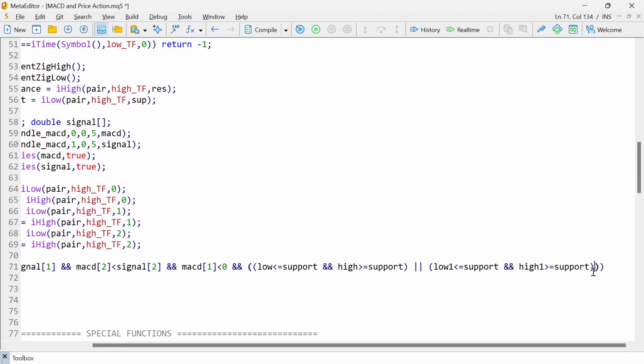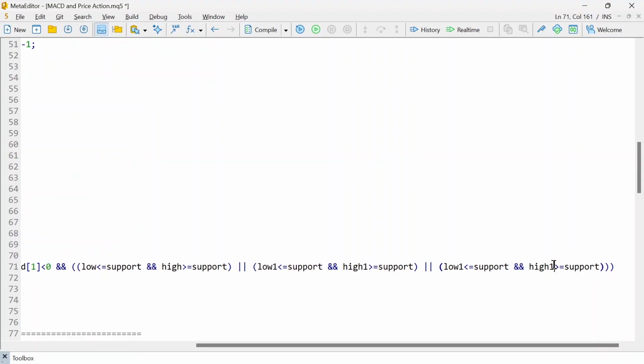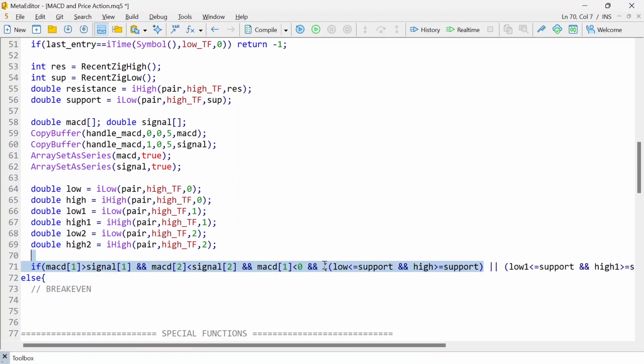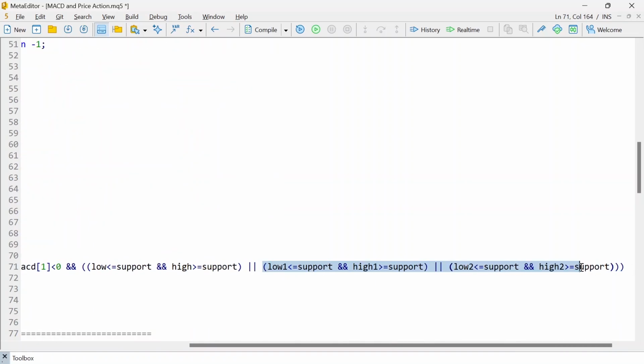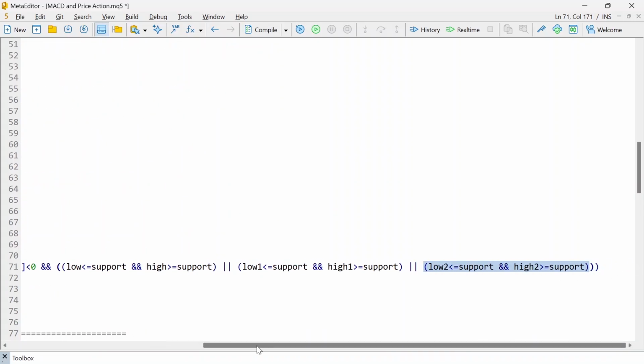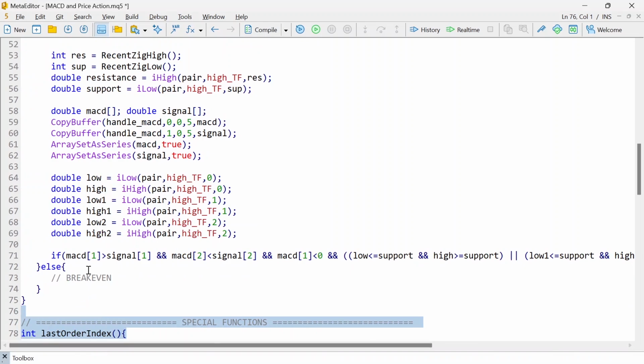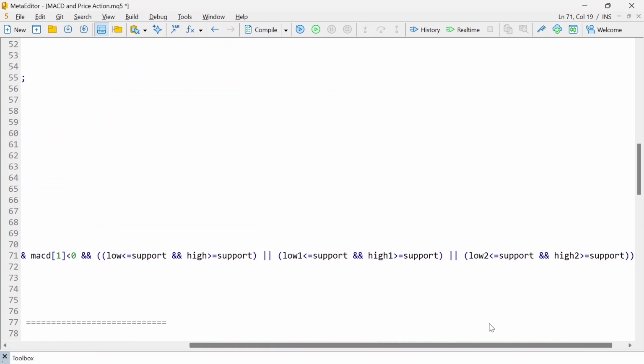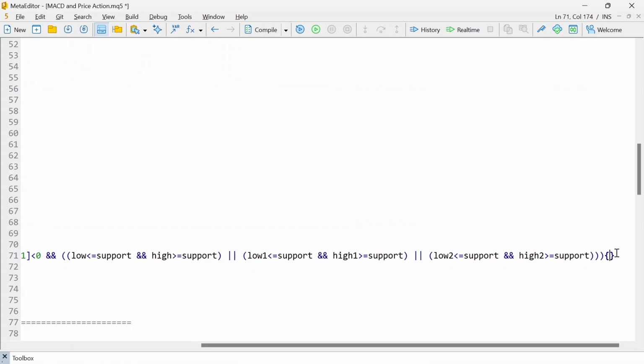Then if this also happens, but for 2, so if the touching on the higher time frame doesn't happen on the recent bar, check for the one before, and if it doesn't happen on the one before, check on the third one, and if it doesn't happen, just ignore. That means it's not time to trade. So that is what it means. So now that means our condition is complete, so we can go ahead and